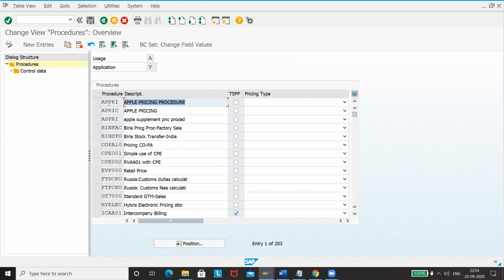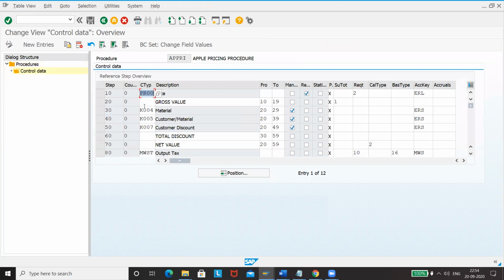Of all the pricing procedures, we can take any one of them. We'll just take, for example, RVAA01. We'll see what control data is maintained for this one. Let's go to control data. PR00 is for price, and then MWST for tax.